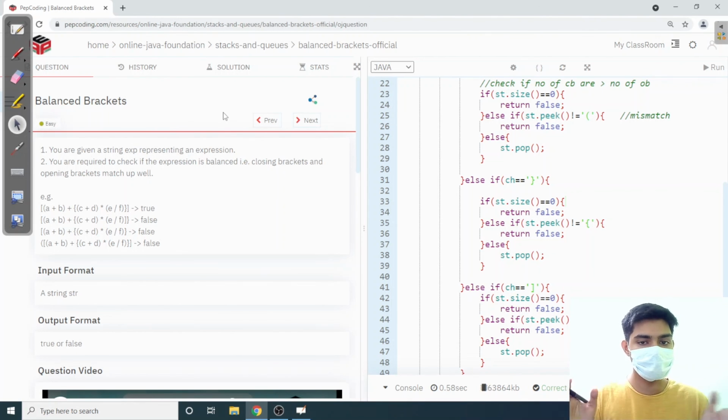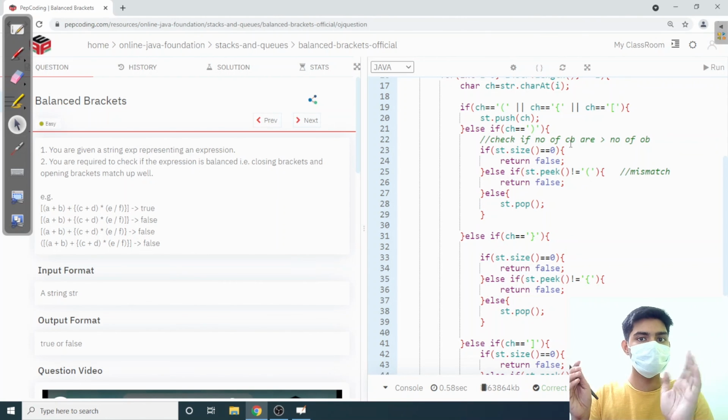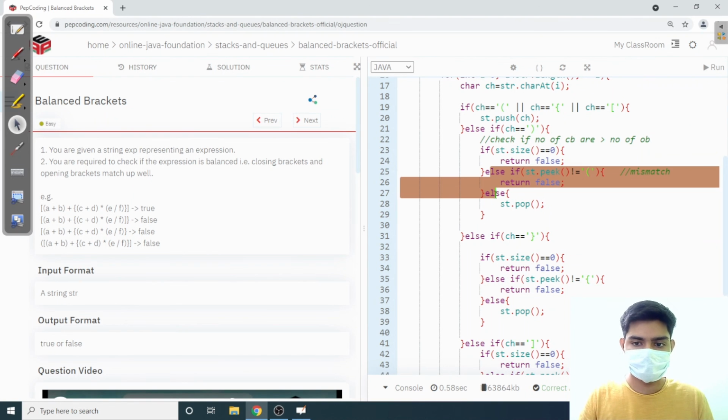I would advise you to watch the part where first we're making the three major checks, right? The first major check is that there is a mismatch. That is, the last opening bracket encountered is a different type than the current character. So this is for the mismatch.